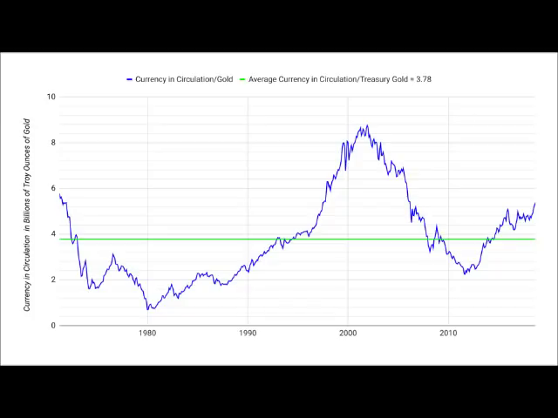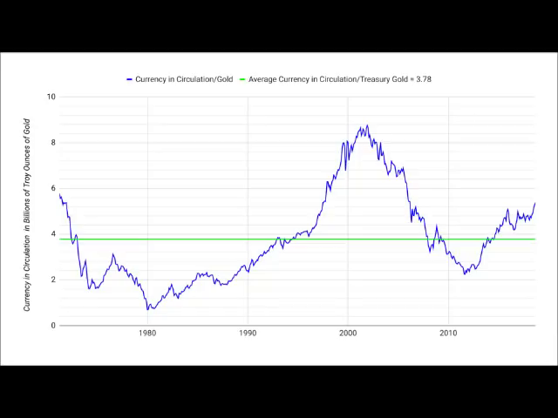We can see from the graph that in 2001, the amount of currency exceeded the market value of treasury gold by almost a factor of 9. And this marked the peak in confidence in U.S. currency. This was a good time to avoid the currency and store wealth in gold instead. Over the subsequent 10 years, confidence in the currency waned, and a point was reached in 2011 when the currency was somewhat undervalued relative to gold. Conditions were not as extreme as they were in the year 1980, but still, signs were pointing to the fact that gold was not nearly as undervalued as it was in 2001.